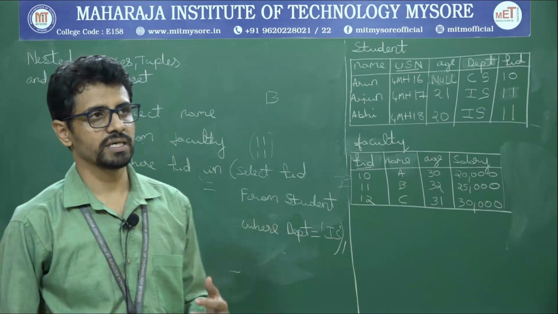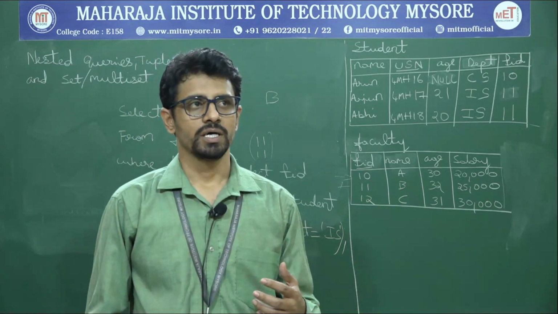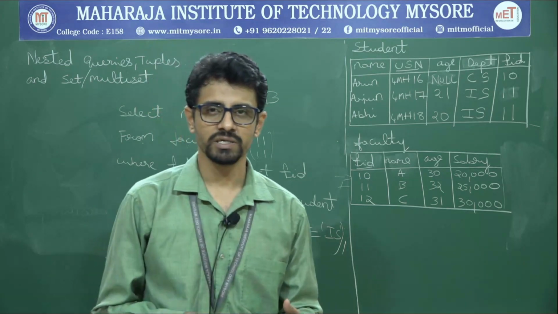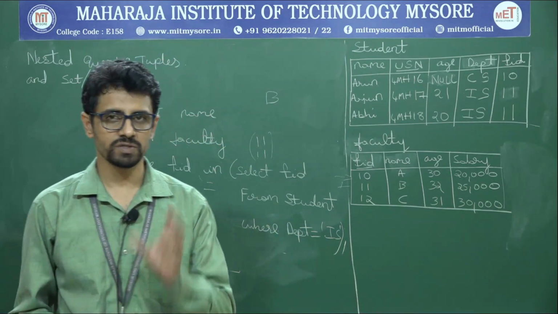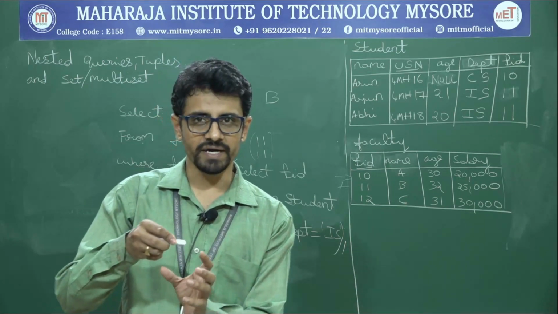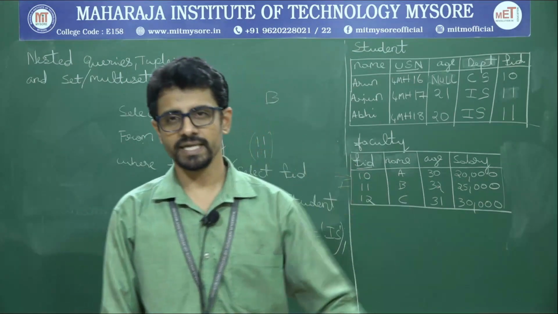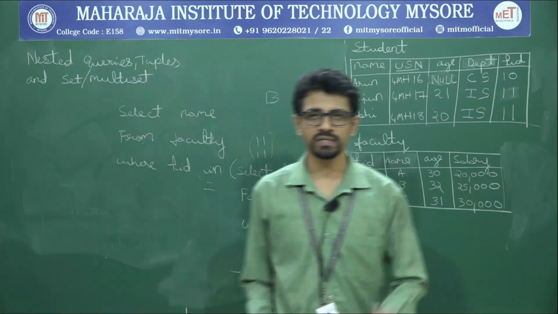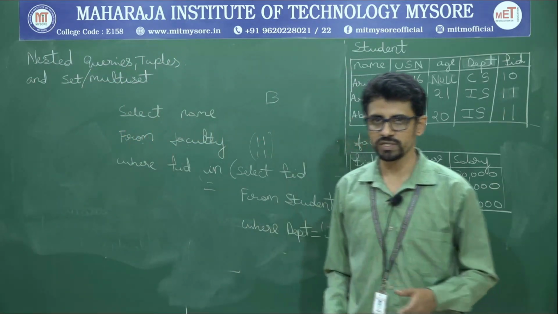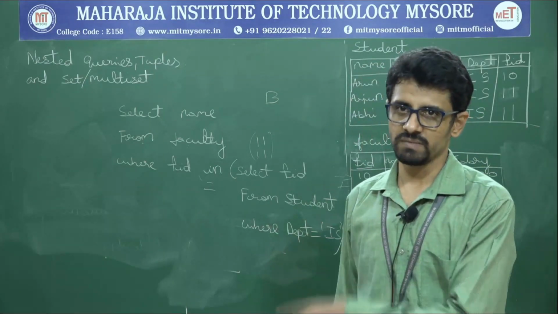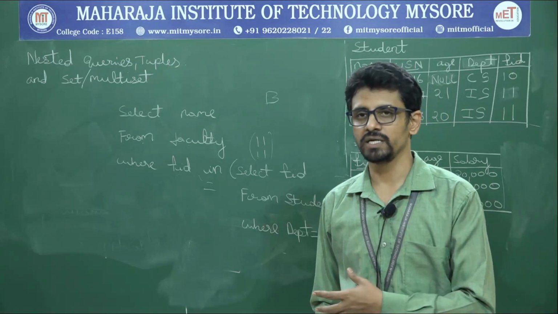And whenever there is a need of what we call a subcondition, that subcondition is to be matched with one set of relations, and if that satisfies us, then it can be verified with another table. So in that case we will be going for a nested query. Always remember, when we write a nested query, the inner query is the one which executes first and gets the output. It might be a set or a multi-set. If it is a multi-set, better to use an in operator.